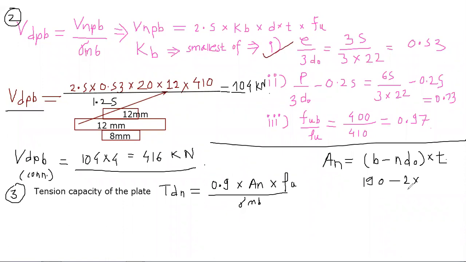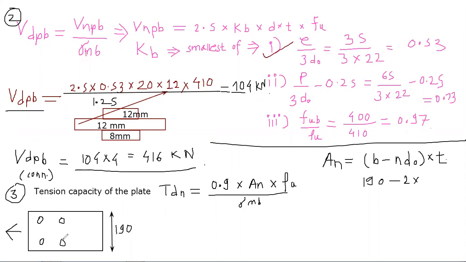Now what is this 2? 2 is the number of bolts in the critical section. What is the critical section? The section at which the rupture can occur. That is the critical section. Here you can see this total value is 190: 120 plus 35 plus 35. Okay. So the value is 190 here, and your two bolts are here. So you are applying the tension from here. That's why firstly these two bolts can break, meaning these two bolts can tear up the plate. So that's why the number of bolts in the critical section is 2.